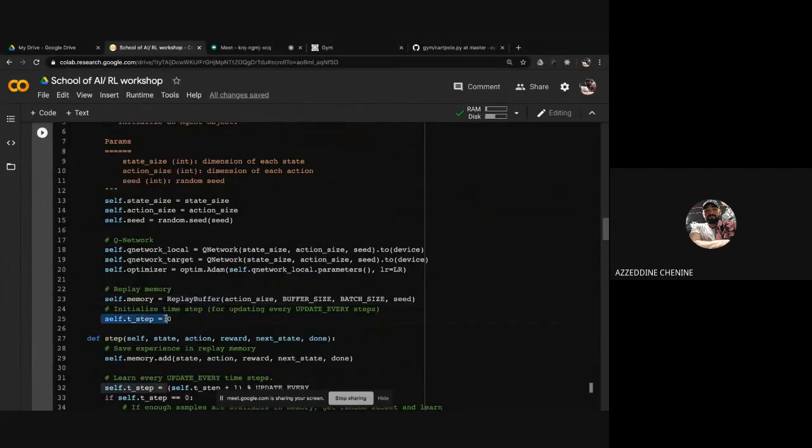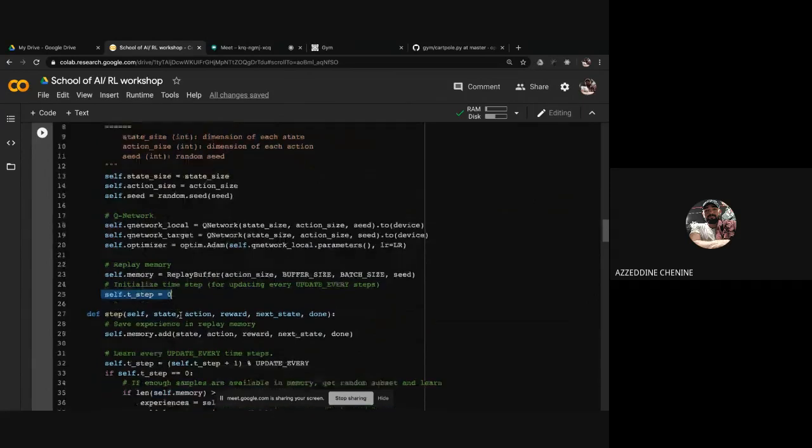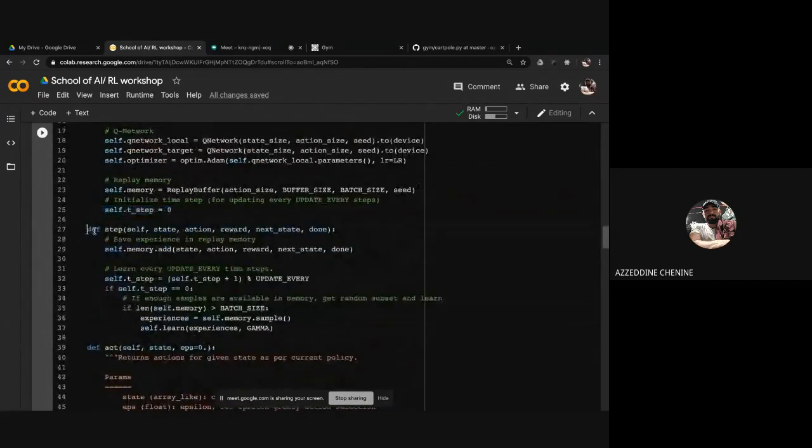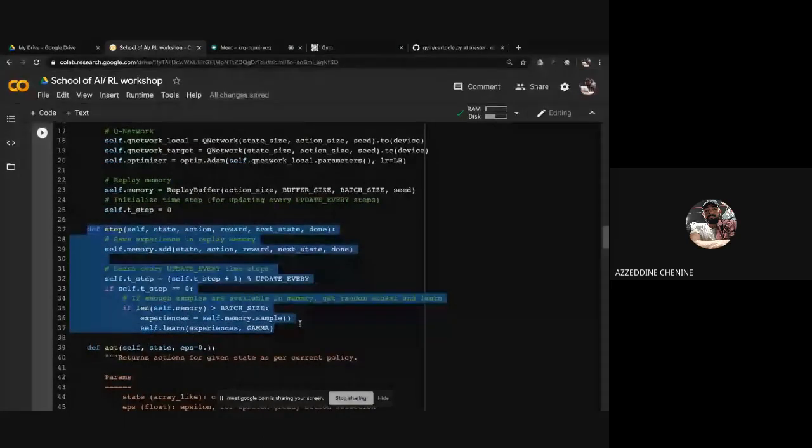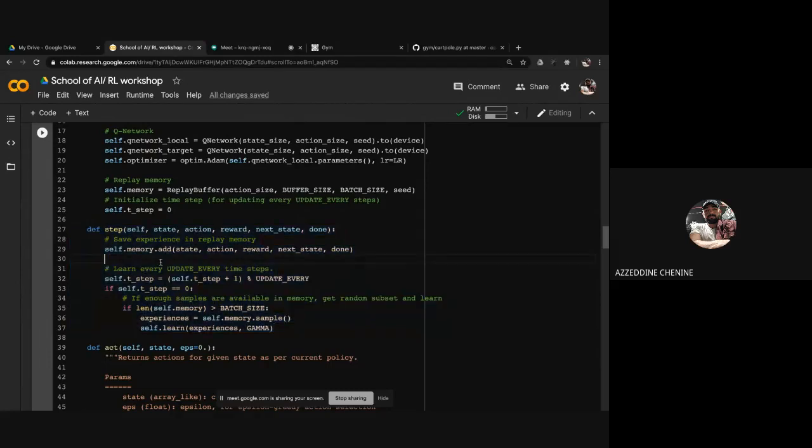Here we init the number of steps. We set it to 0 for the moment. So at each step, in order to make a step, we give our agent the actual state, the action, the reward, and the next state given by the environment. The agent will store this experience in the buffer to get to it after. So we increment the number of steps, and if the number of steps is equal to the update every variable,